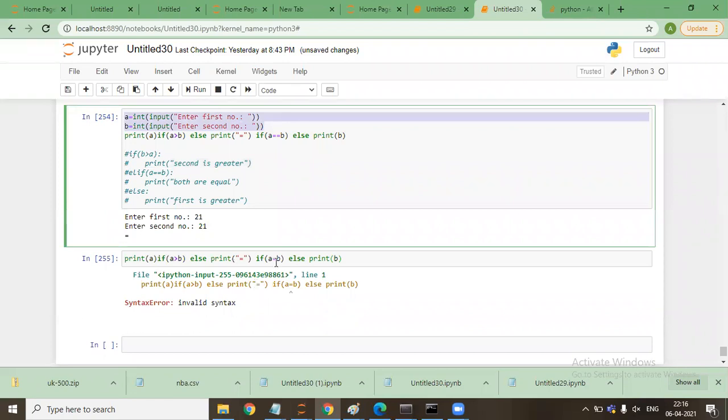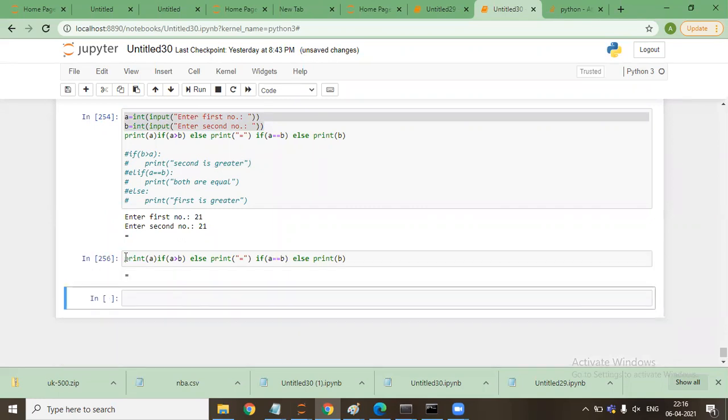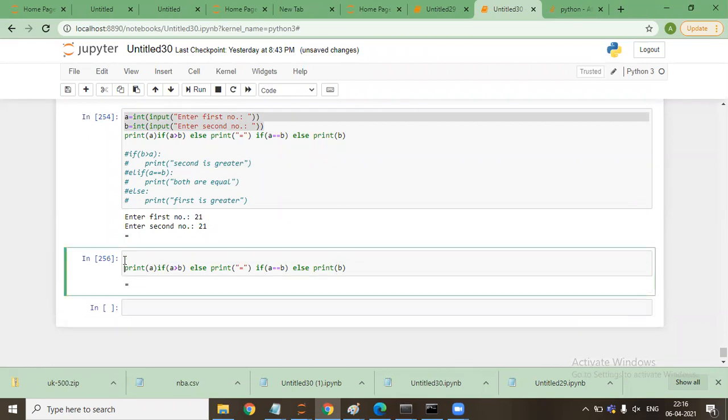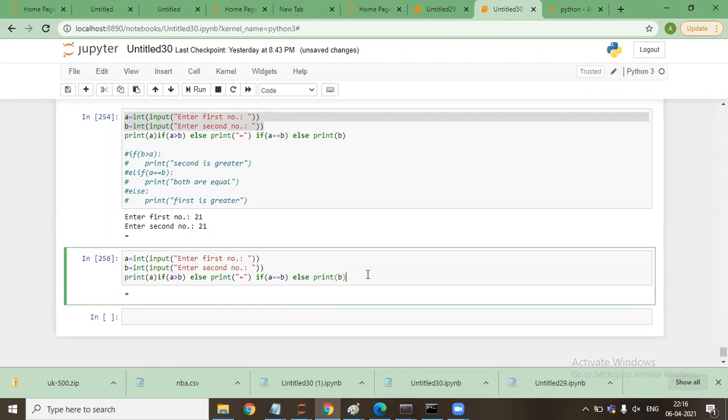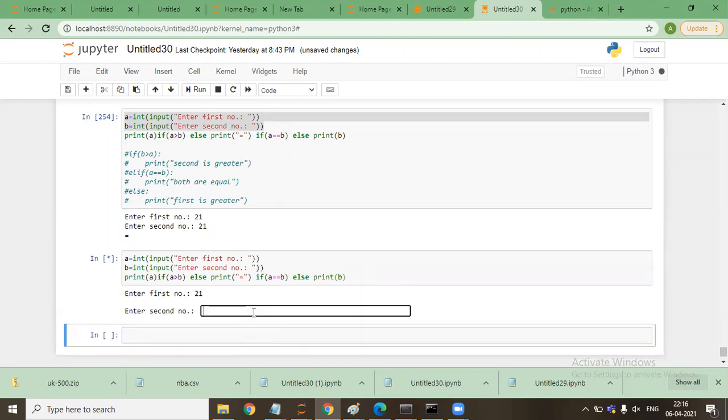So this is A double equal to, let's say shift enter. Now I specify these values as well, shift enter. You see first number 21, second number 21, it says equal. So this is another way of writing. That's it.